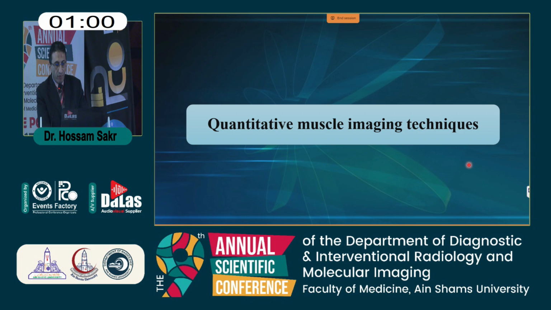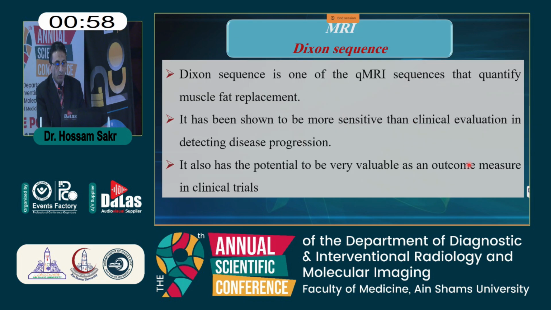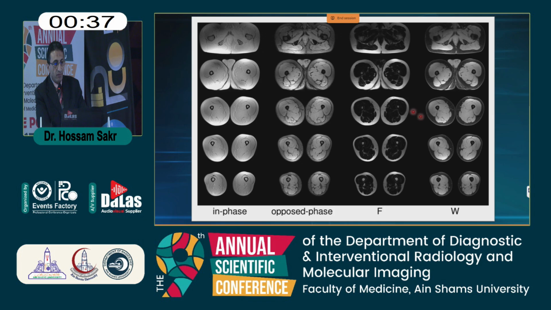Coming to quantitative muscle imaging techniques, starting with the Dixon sequence of the MRI, it is one of the quantitative MRI sequences that quantify muscle fat replacement. It has been shown to be more sensitive than clinical evaluation in detecting disease progression. It also has the potential to be very valuable as an outcome measure for clinical trials, especially in muscular dystrophies. These are the results of